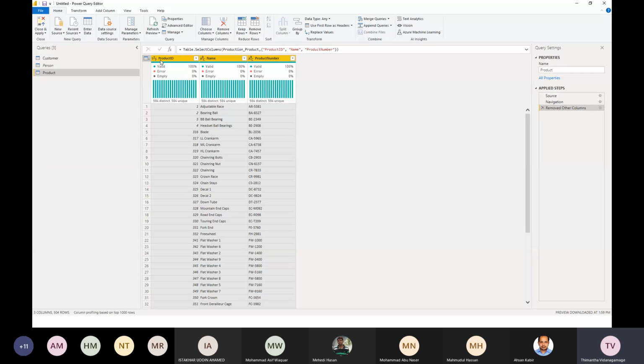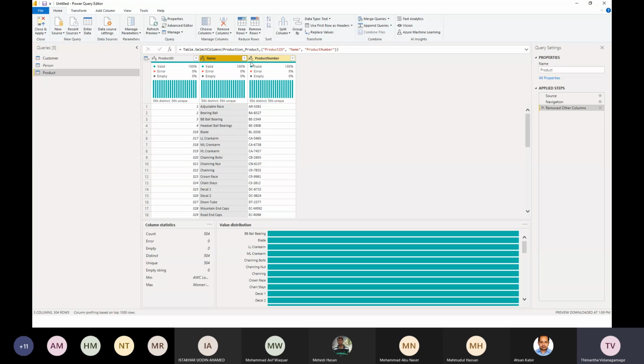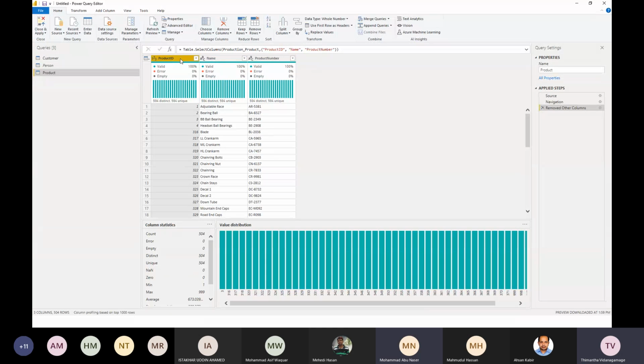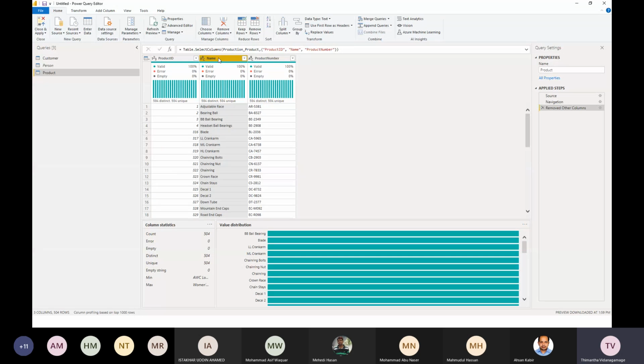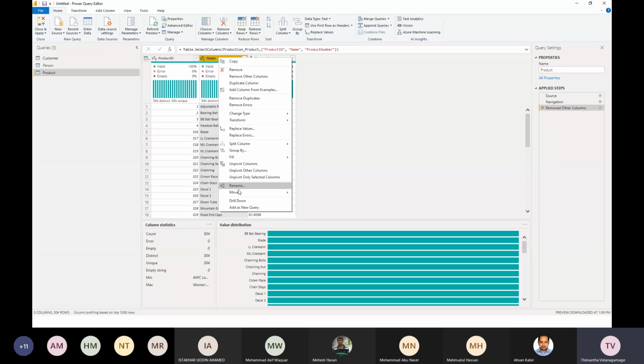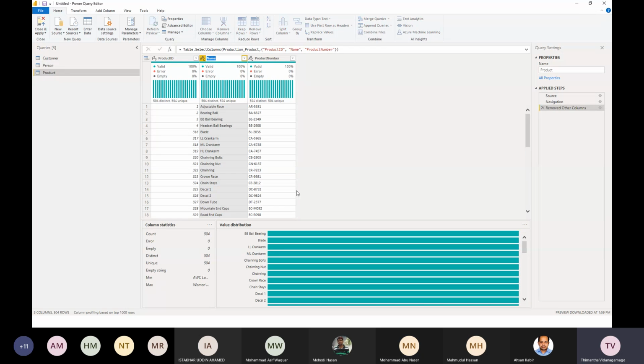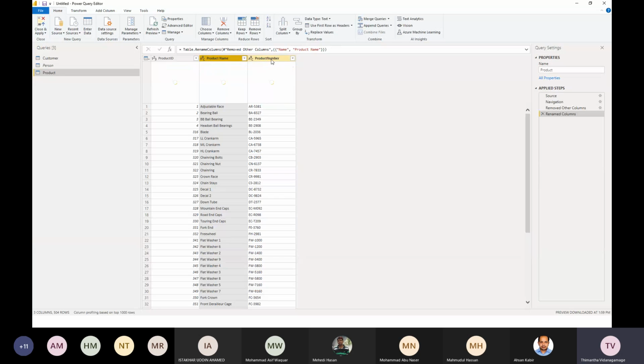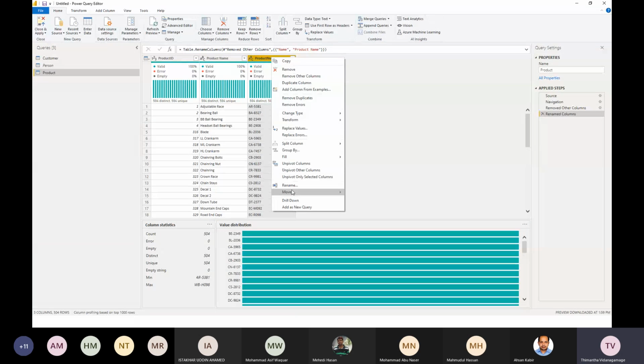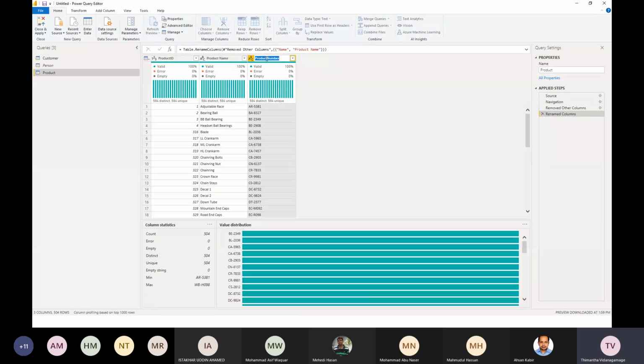table, right? So now it's time for us to provide some decent names for these fields or columns in this table. So first thing, I'll just rename product as product name, right click, and select the required column, right click and click on rename. And after that, click on product name. And afterwards, go to product number. And select the respective column, right click, once again rename and product number, and